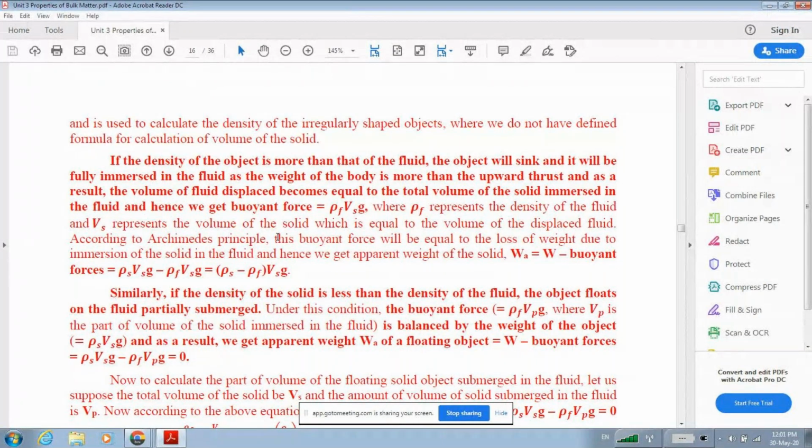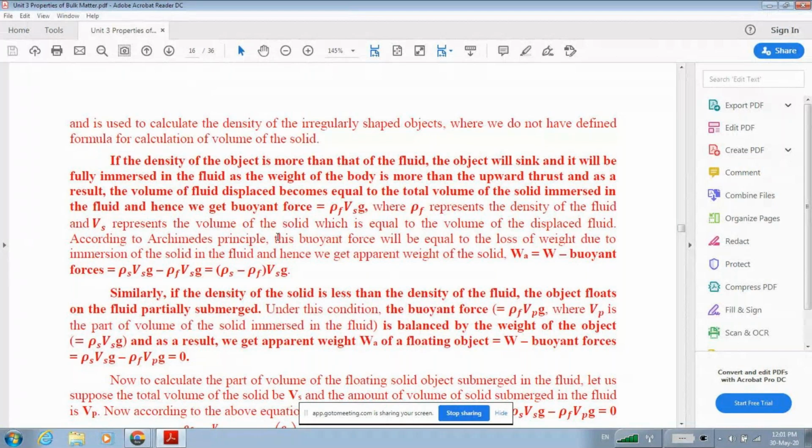So there is a difference between pulling from above the water level, that is in the air, and pulling from inside the water to the water surface. If you are pulling the weight through the liquid, you will experience less weight when you are pulling through the air medium. So like this, you will experience a loss of weight.